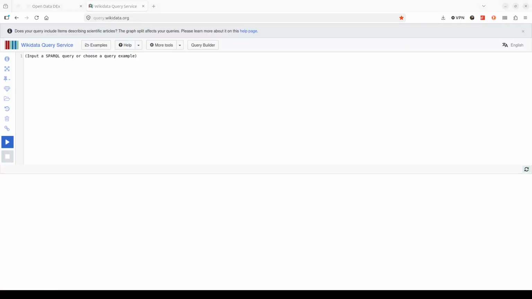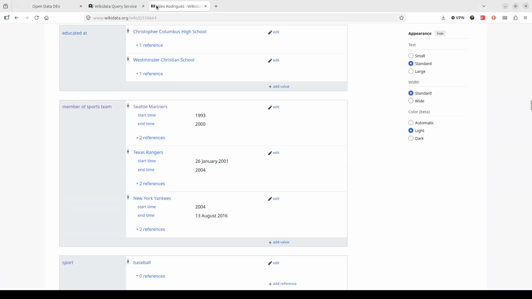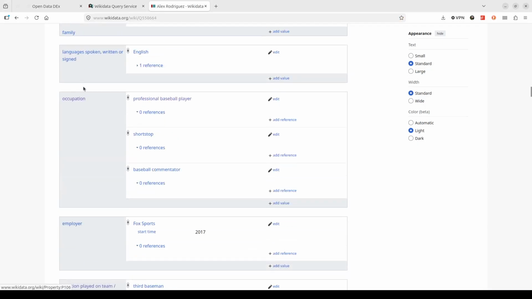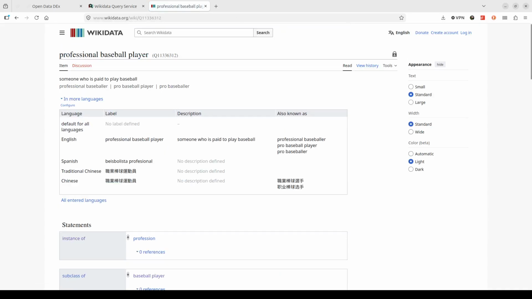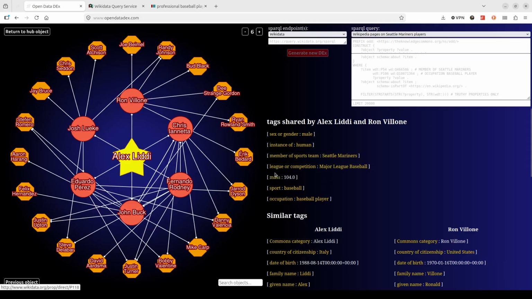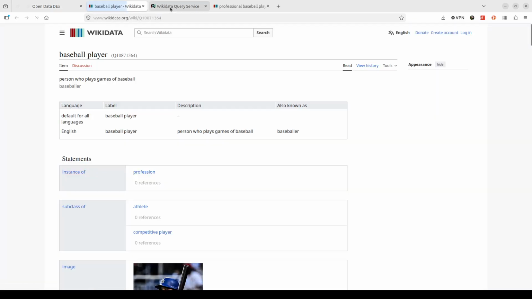And if we were to look, I don't know what just happened there. Sorry about that. If we were to look here, we have occupation professional baseball player. So that is why he's not showing up in our results. For some reason, someone encoded him with this occupation that ends in 312, whereas we have occupation baseball player ending in 364. So let's look at that occupation, just baseball player, right?